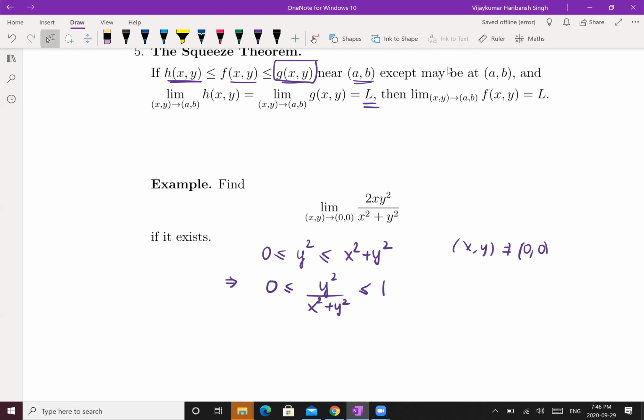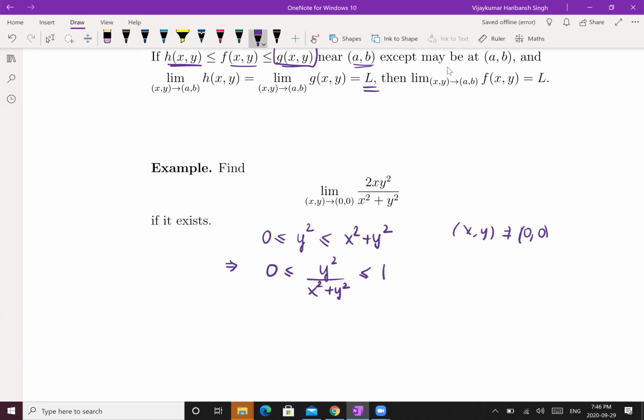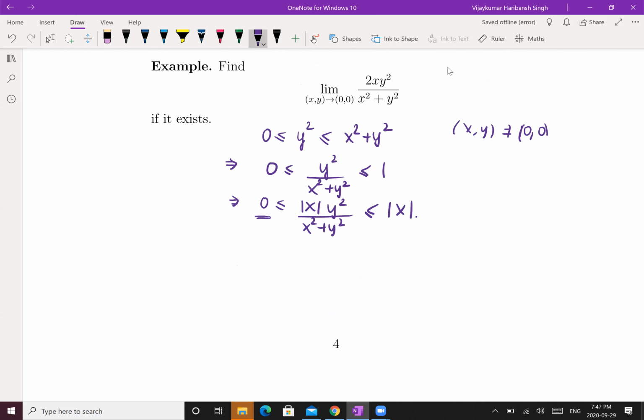So what do we get in this case? This is going to be multiplied throughout by the absolute value of x. So we get 0 less than or equal to the absolute value of x times y squared upon x squared plus y squared, which is less than or equal to the absolute value of x. Now this left side is already 0, a constant function. The limit as (x,y) goes to (0,0) of the absolute value of x equals 0. Therefore, by squeeze theorem,